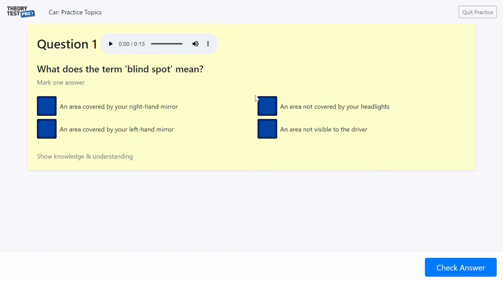An area covered by your right hand mirror, an area not covered by your headlights, an area covered by your left hand mirror, or an area which is not visible to the driver. To me, the answer for this question is most likely to be number 4. However,